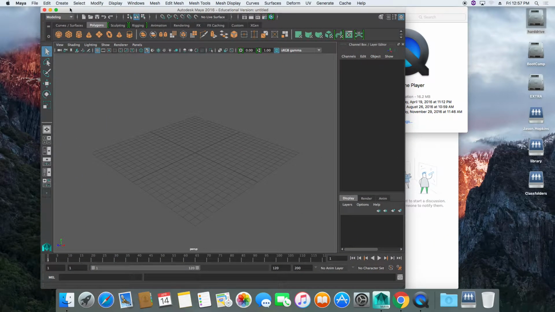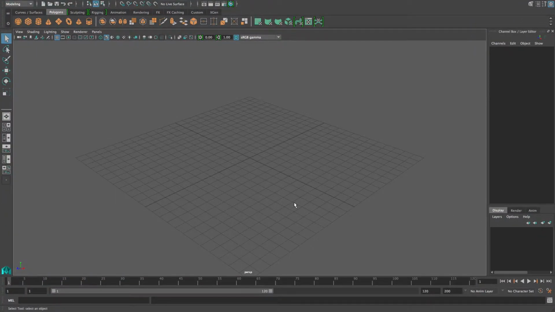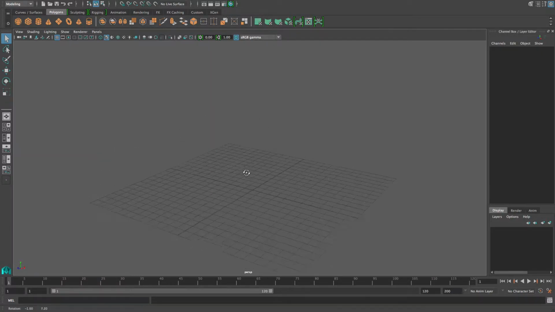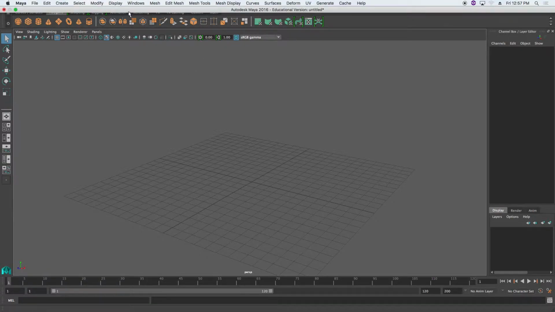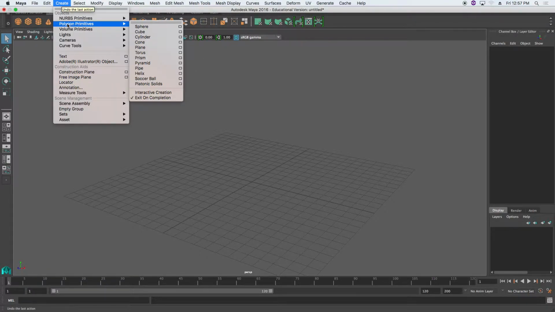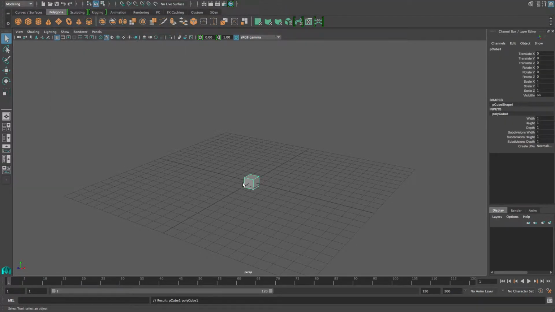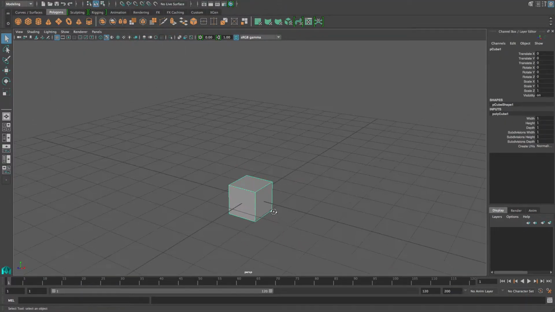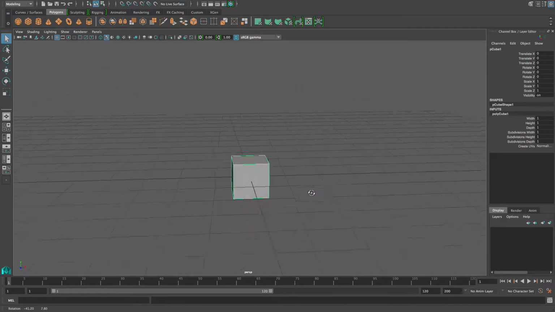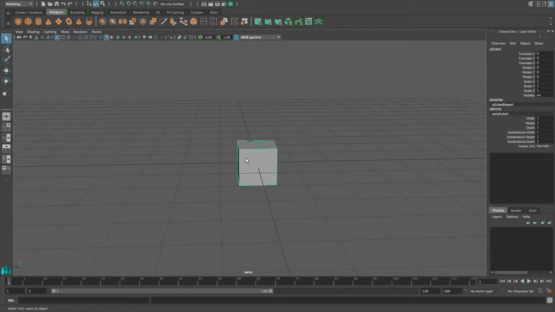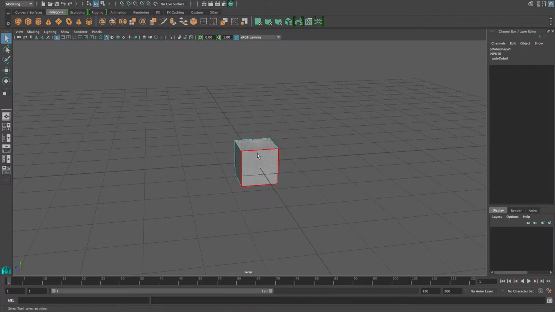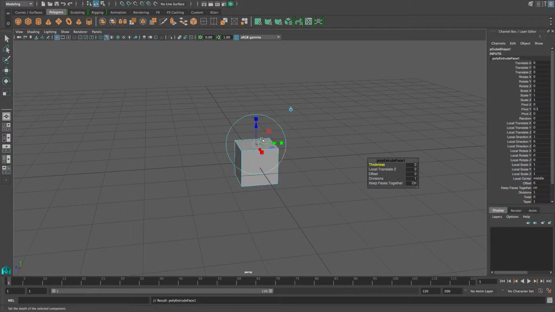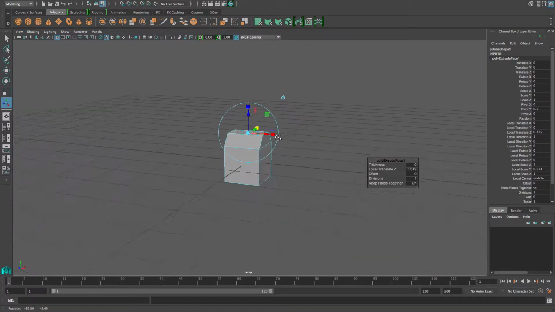Let's get started. Today we are going to model, rig, and animate a simple character in Autodesk Maya. Starting off, is everybody familiar with modeling with the base cube? This is where we begin in every sort of aspect. And what I'm going to do primarily today is use this extrude feature for